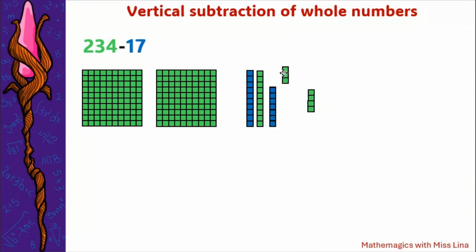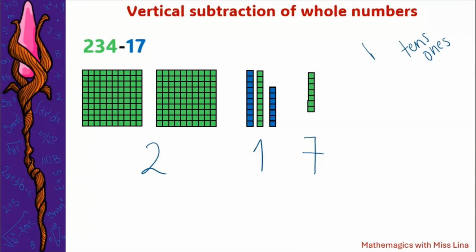And then these 3 left are going to be part of the ones in the result. So the answer in this case is 200, just 10, right? And 10 and 7 ones left, 217. Let's see how it looks